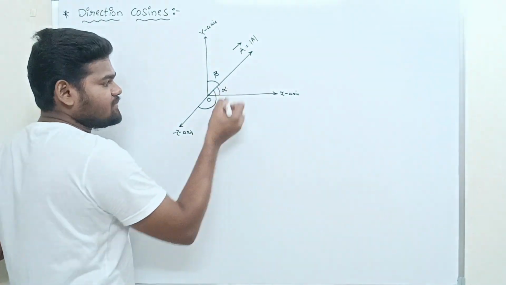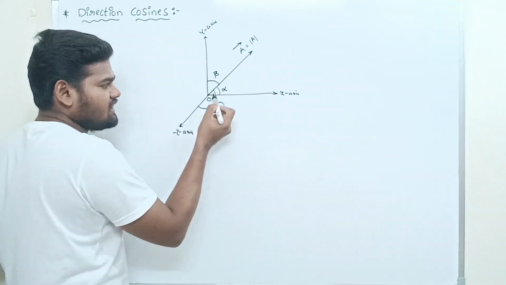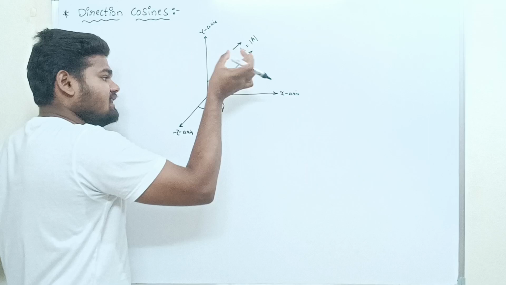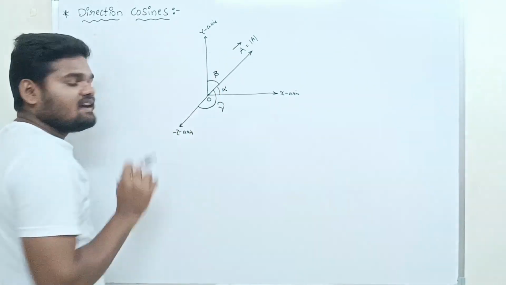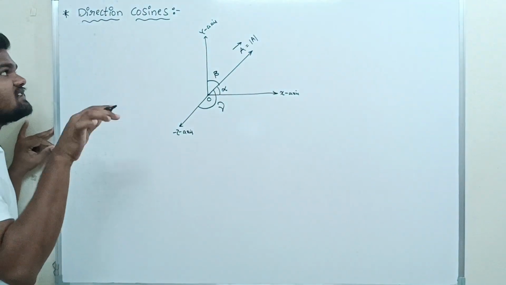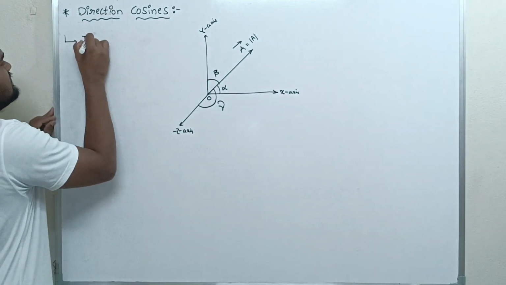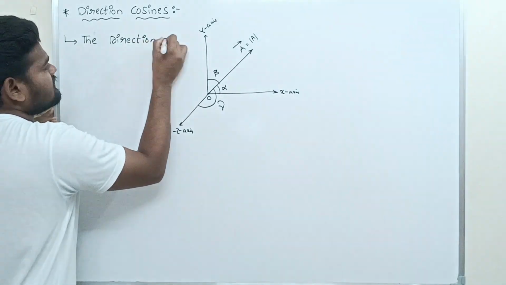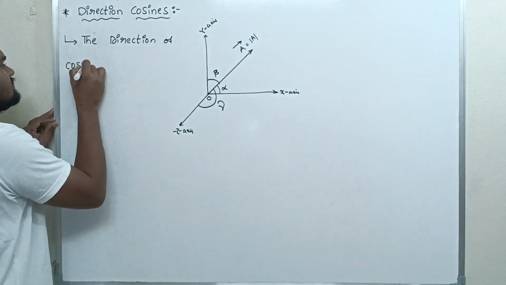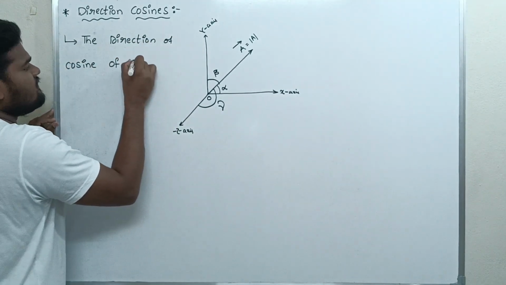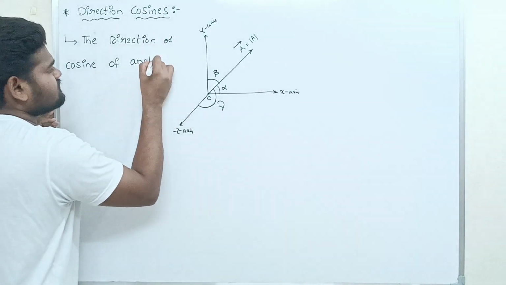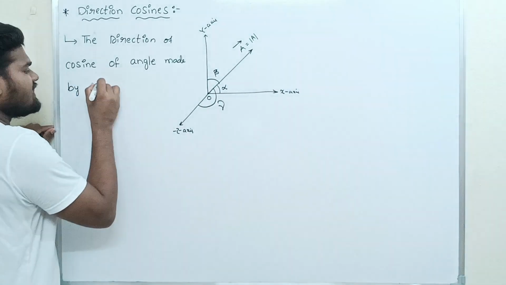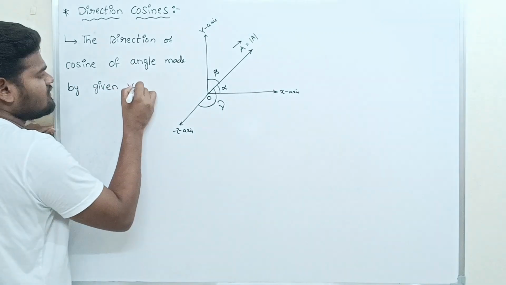With respect to the x-axis, alpha. With respect to the y-axis, beta. With respect to the z-axis, gamma. These are the angles made by the A bar vector with the x, y, z axes. So, what is the meaning of direction cosine? The cosine of the angle made by a given vector